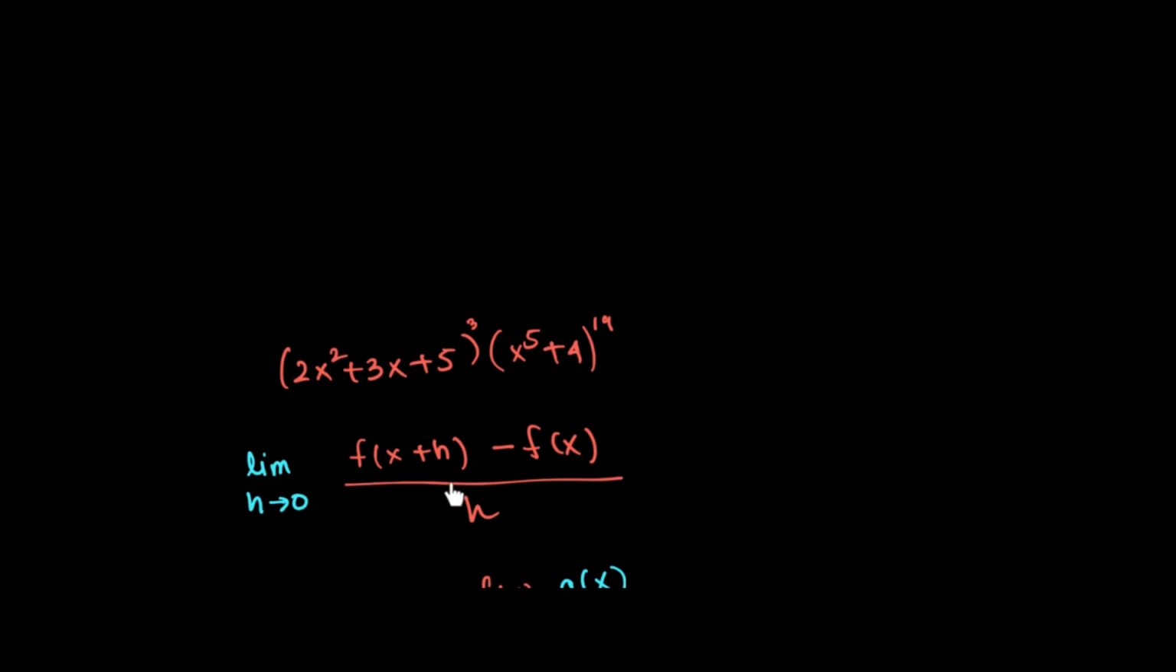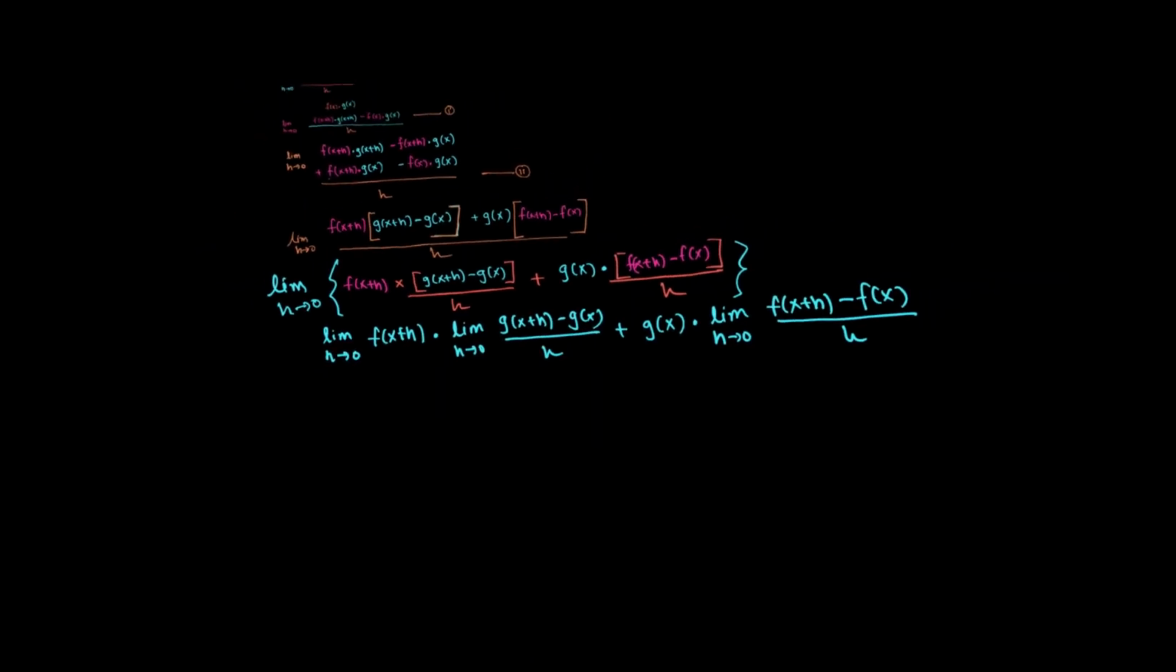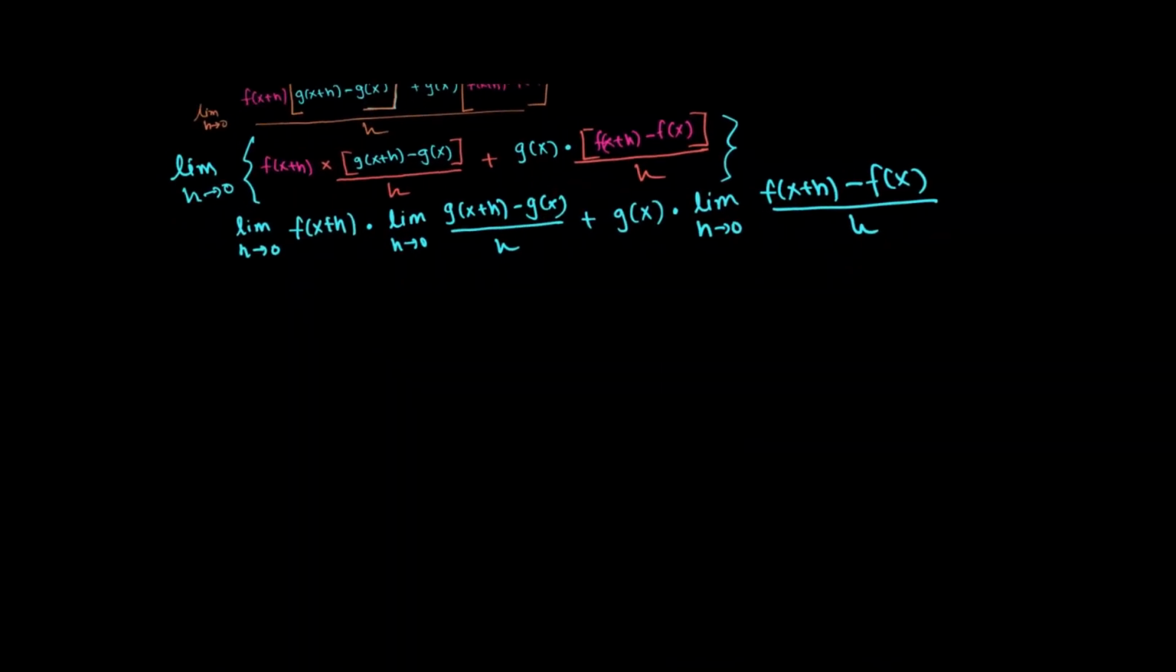And if we see something in this pattern, for example f of x plus h minus f of x divided by h, it simply implies that this is the derivative of f of x. But if something was in the form g of x plus h minus g of x divided by h, then it meant that this is the derivative of g of x. So using this concept, if we look carefully at the last line,